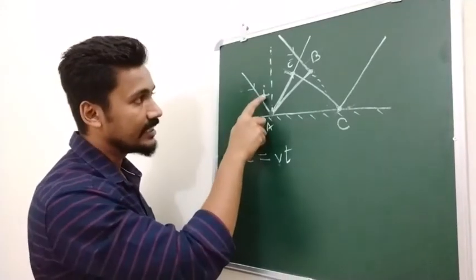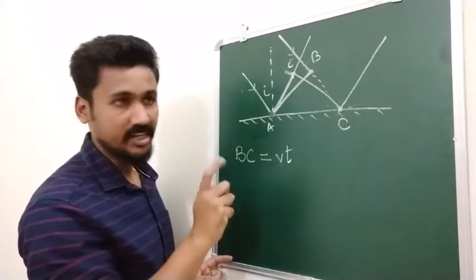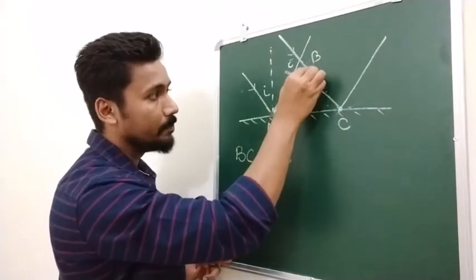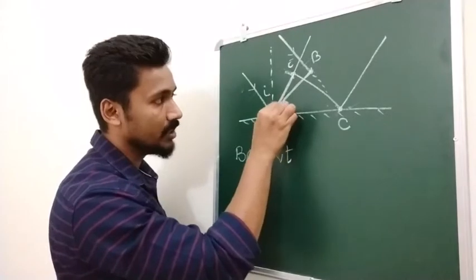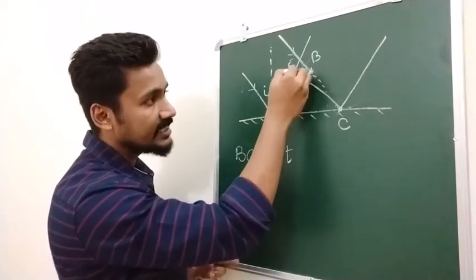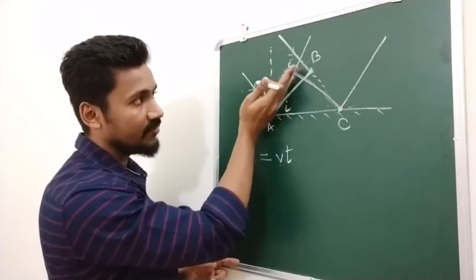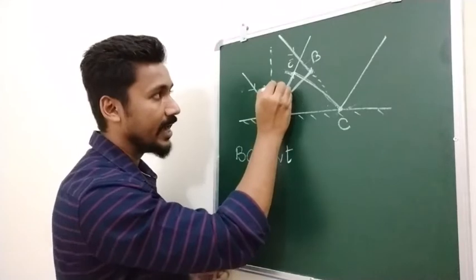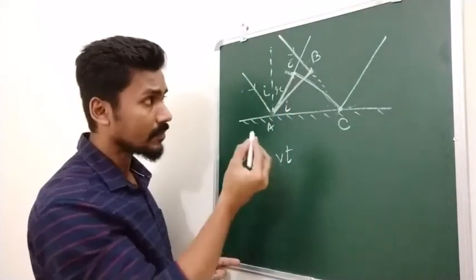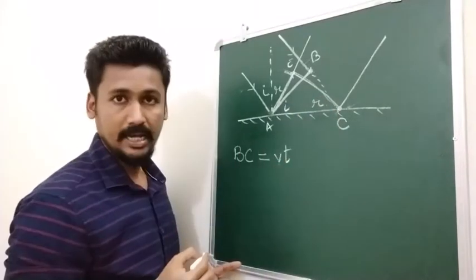As we said, this angle would be i, that is the angle of incidence. By the geometry of the figure, you can see that angle BAC will also be equal to the angle of incidence i. Now, EC was our reflected wavefront. So the angle between the reflected wavefront and the normal will be the angle of reflection r. Therefore this angle ECA will also be equal to r.